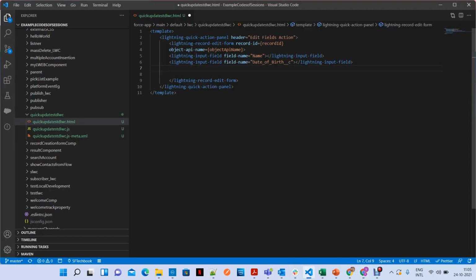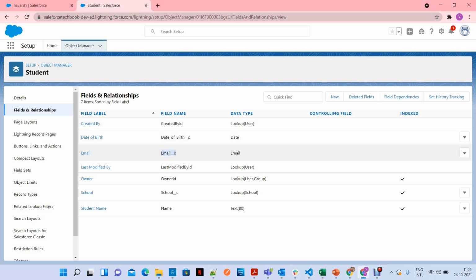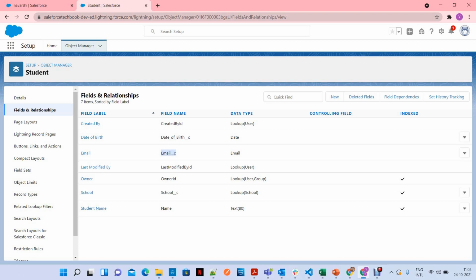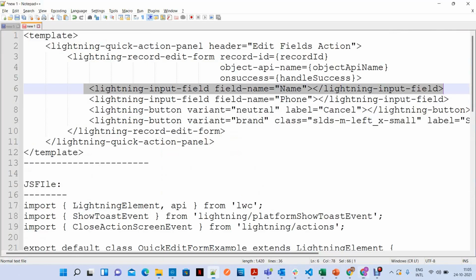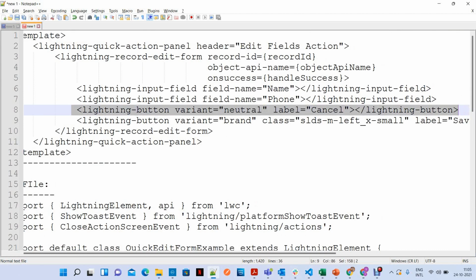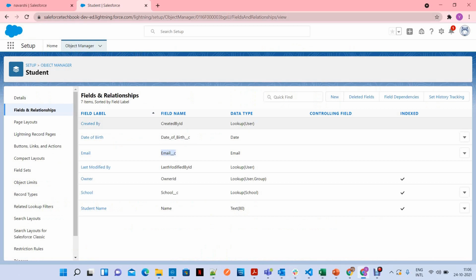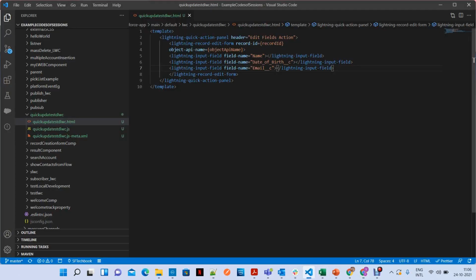Now email. Along with that, we create submit and cancel buttons.